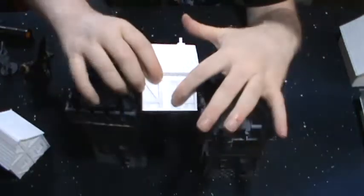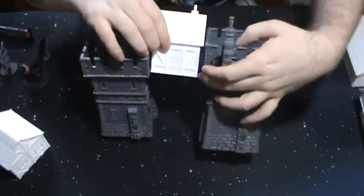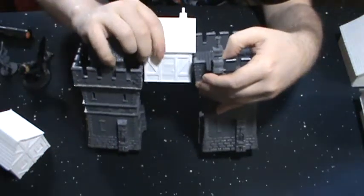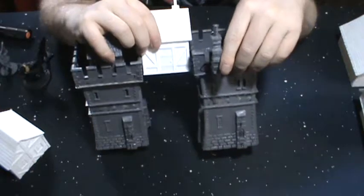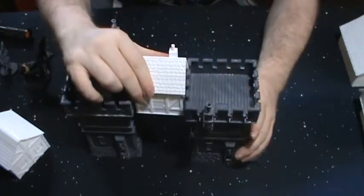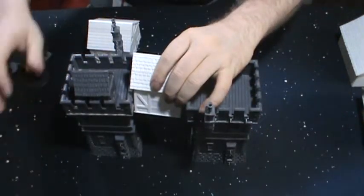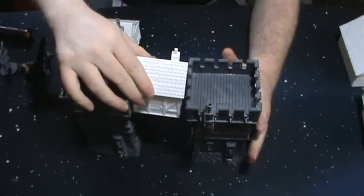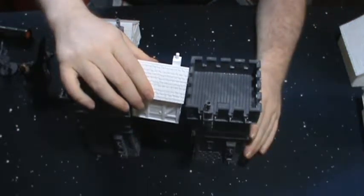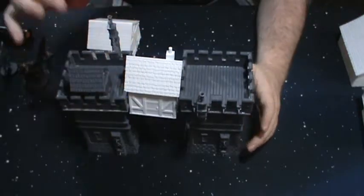And with this one, since the door's in front, I was thinking I could actually put a little balcony, a walkway for them to come out. And is it period accurate? Probably not even close. But the premise is there of a gatehouse, and we're going to have some wall sections for the rest. So when we put this building down, that's a border. It's going to go across a 4 foot table to cut that edge of the table off. So it should lend itself to some interesting games,